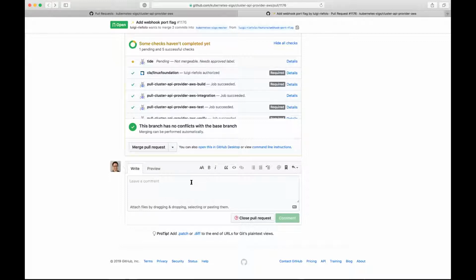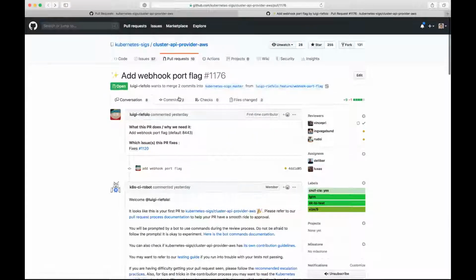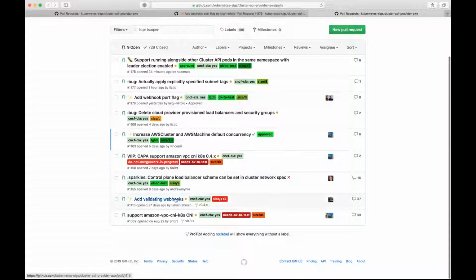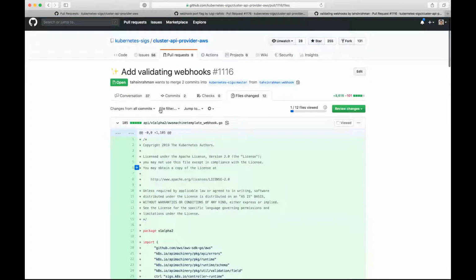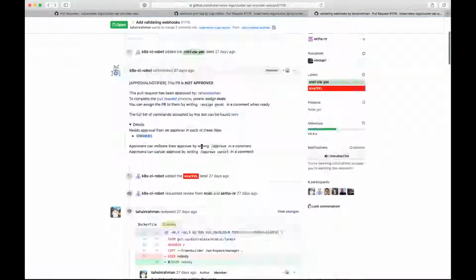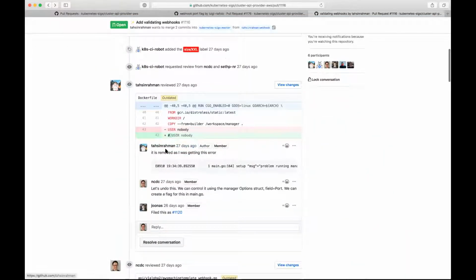Yeah, this becomes a problem. In the validating webhook PR, at one point there was a change to the Dockerfile to run as root, and I'm pretty sure that got undone. So with the validating webhooks enabled, running as non-root, it can't bind.